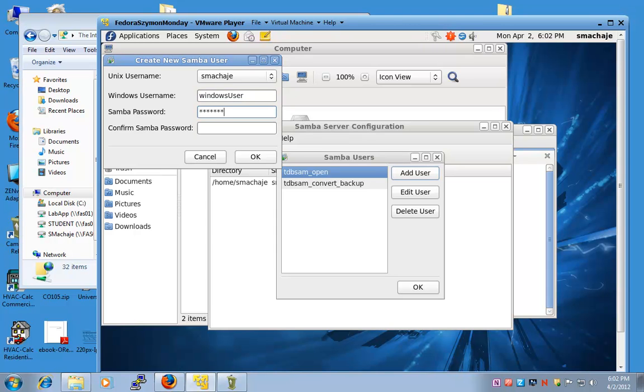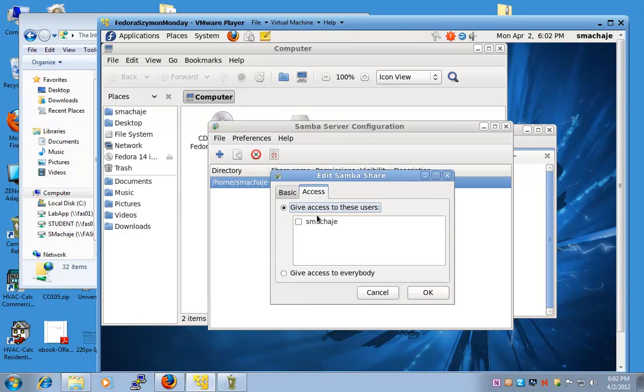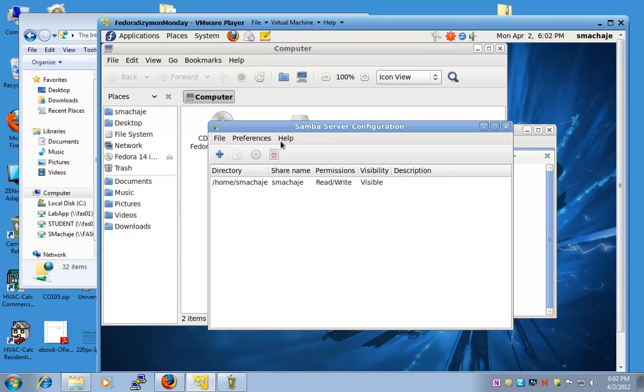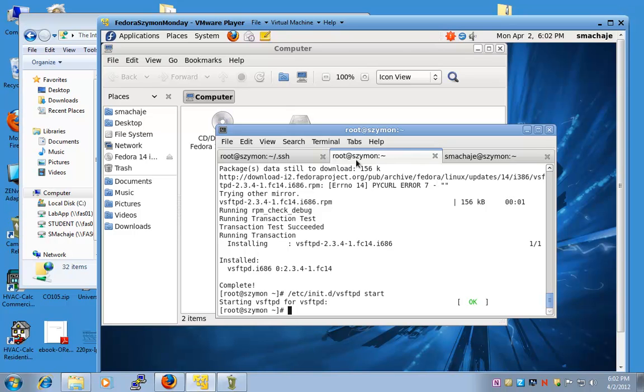I'll give it a password. Okay, so now that I have this user selected, I can go ahead and give it access to this share. All right, we save this, and now we have to restart Samba,